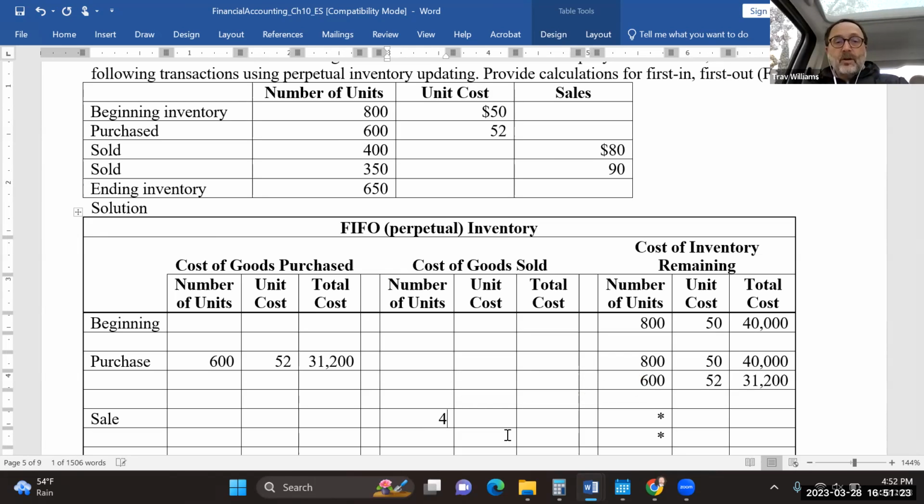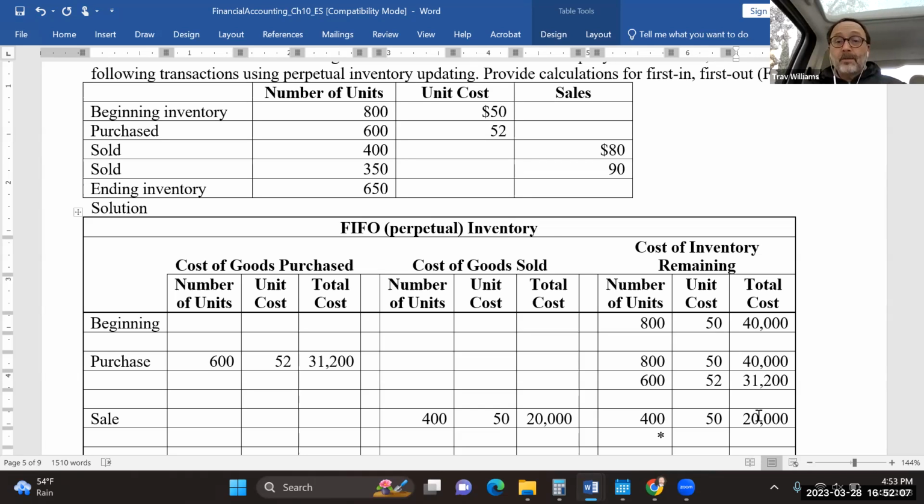Well, we'll put the 400 units here, but the question is, which cost do we use? Remember, we're using FIFO, right? FIFO is first in, first out. So we would use the cost of the first lot, which is $50 per unit. And that totals $20,000, which means out of the 800 units we had in that first lot, we sold 400, we have 400 remaining. So now we put the updated amount, 400 units at $50 each is $20,000 in ending